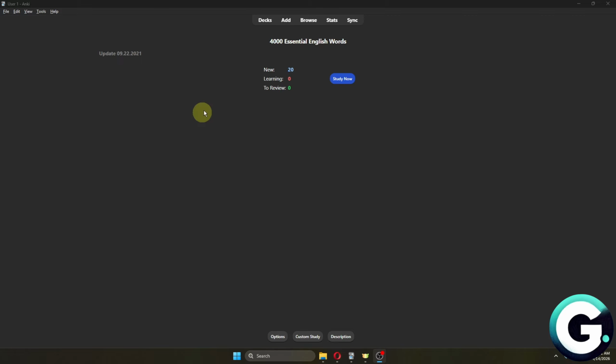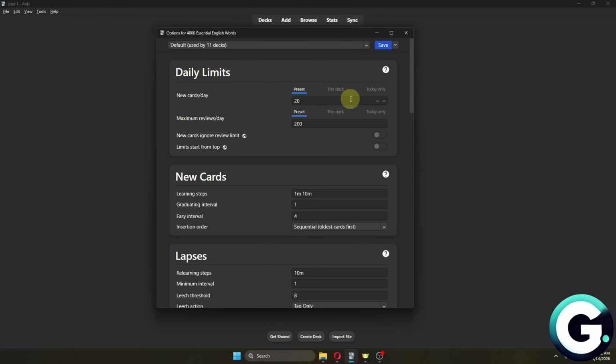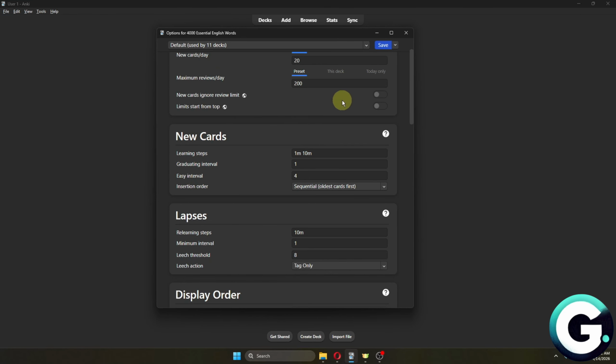So first things first, you want to navigate through your deck, and from here just click on the gear icon right beside the deck that you want to modify. So in my case, it's going to be this deck right here. Click on options, and now inside this page you can just scroll down,